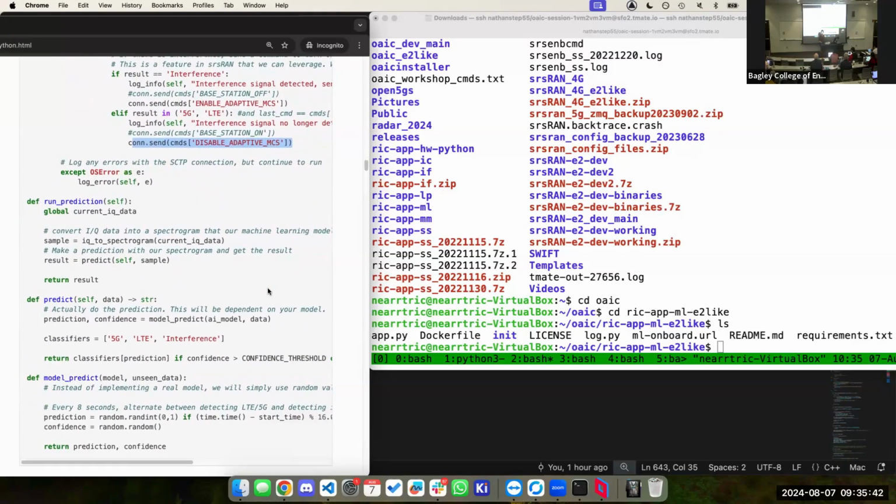So yes. So here you're getting back IQ, right? I didn't think the E2 connection comes all the way down to the bottom of the DU. Yeah, so